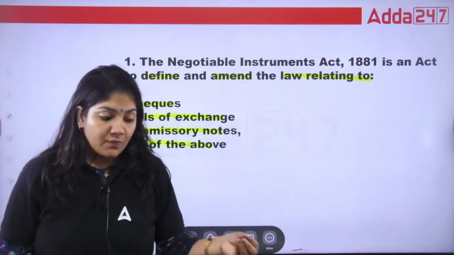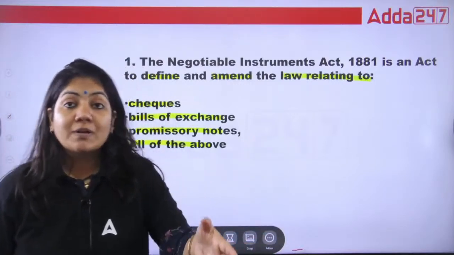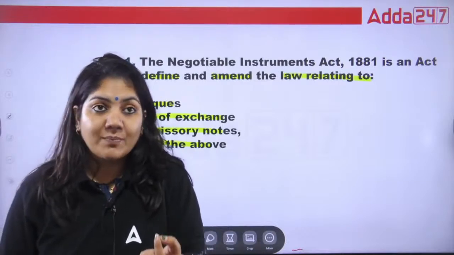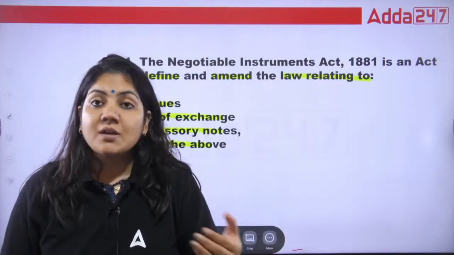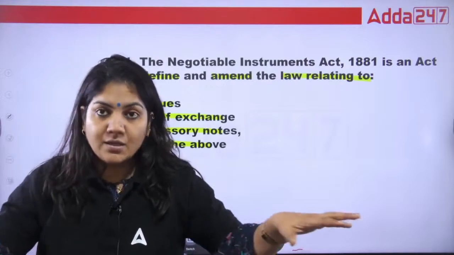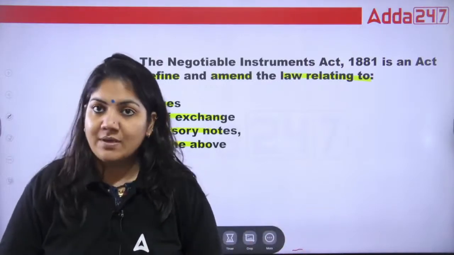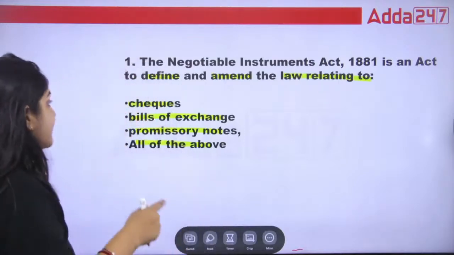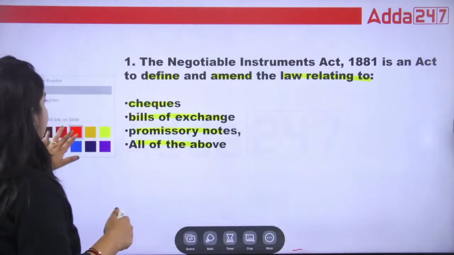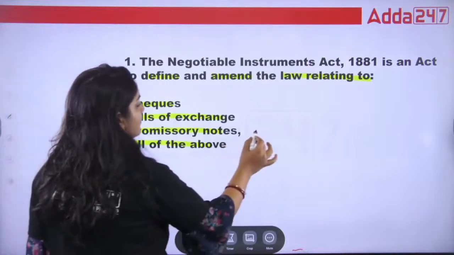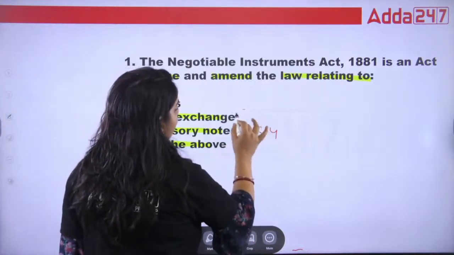And after that, when your concept is clear, just focus on the mock paper. As you know, one paper is of 2 hours. So give yourself 2 hours, and in the room, try to make an environment just like an exam environment. Okay. So guys, in the Negotiable Instrument Act, promissory note is section 4,